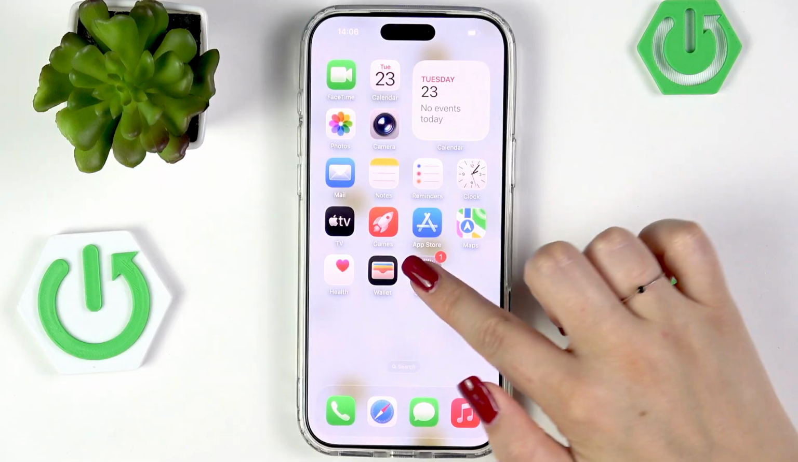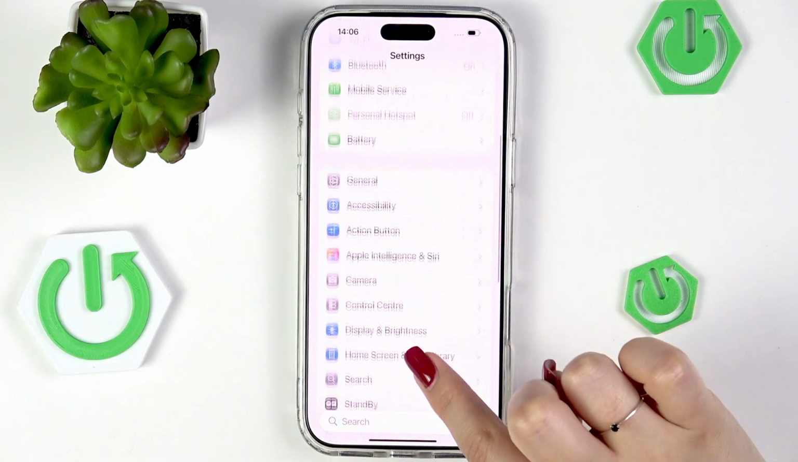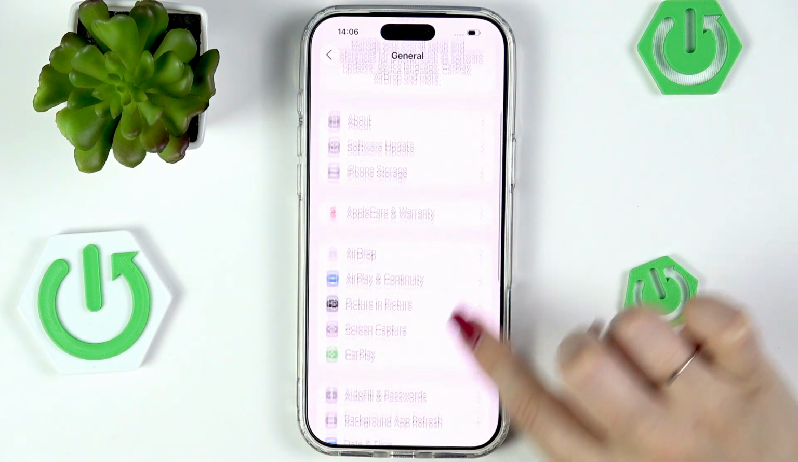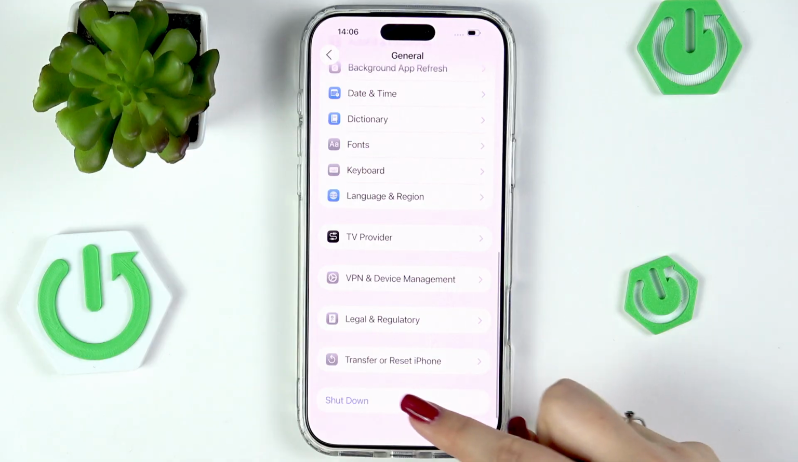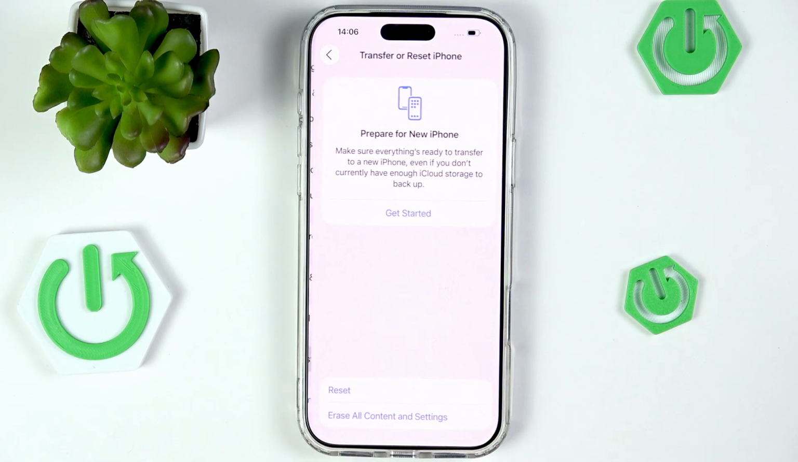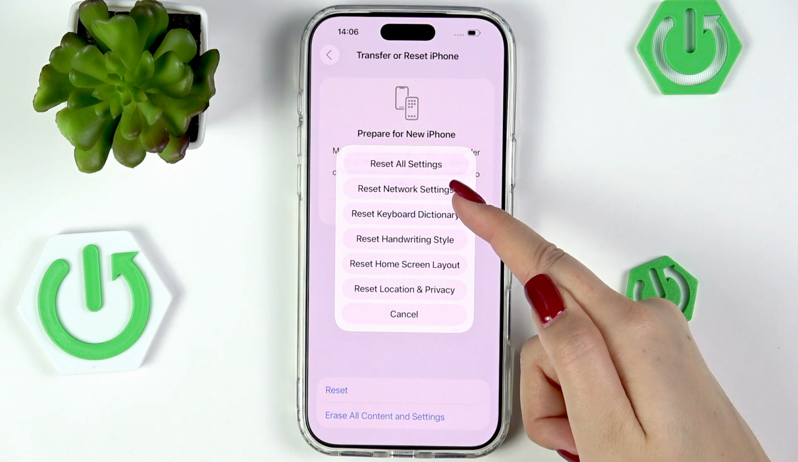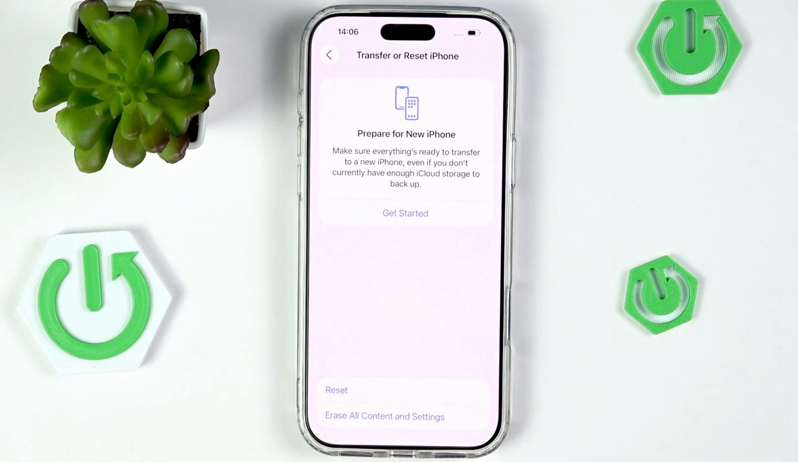So let's begin with opening the settings, and here we have to scroll down to find the general option. Then scroll down to the very bottom to find this option, transfer or reset iPhone, and then tap on reset. And as you can see, the second option is connected with the networks, so let's simply tap on Reset Network